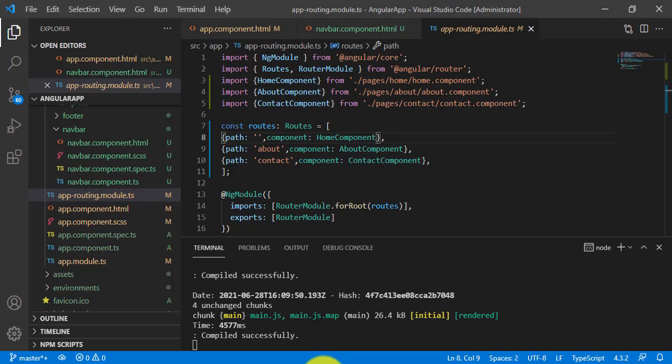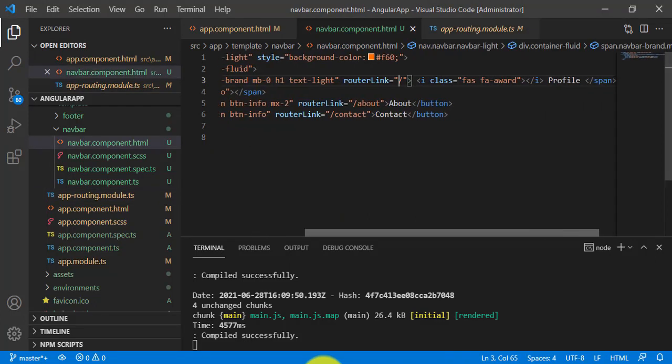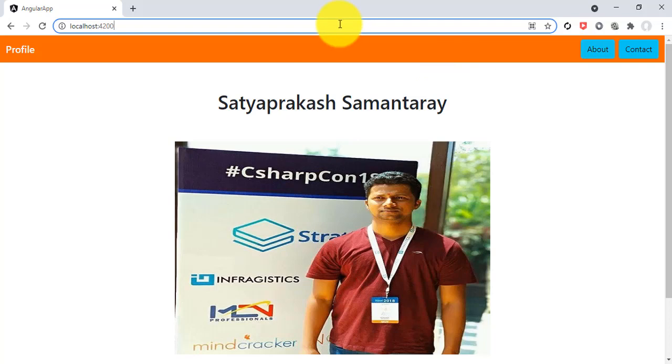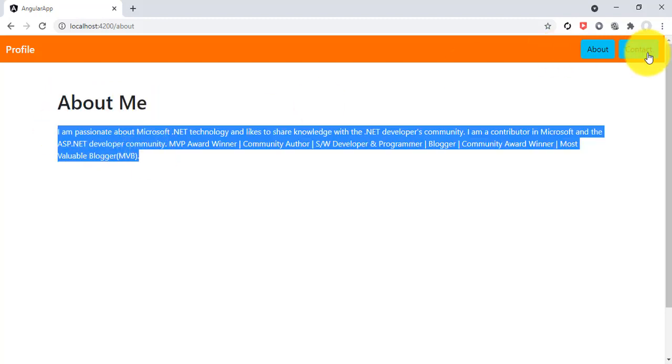And you can see in the navbar.component.html file the span tag is used for the router link, that is only a slash, nothing is mentioned, no path. By default it takes the home component, which we have named profile. So again, if you click about, it will go to the about component.